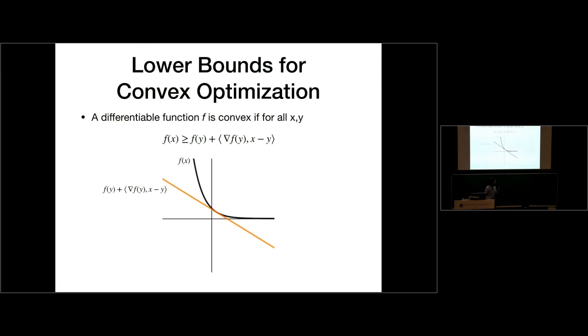So this sort of poses the question, well, can we come up with a generic theory that describes whether we're able to go as quickly as we would like for a generic function? And this is the topic of the lower bounds in convex optimization. Just to remind you, or if you haven't seen it before, a function f is convex if it satisfies this inequality for any 2 points x and y in its domain.